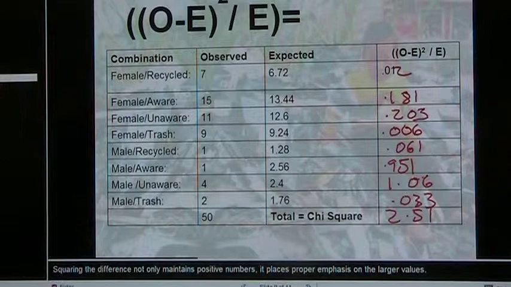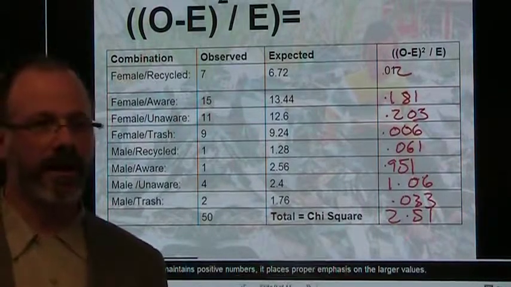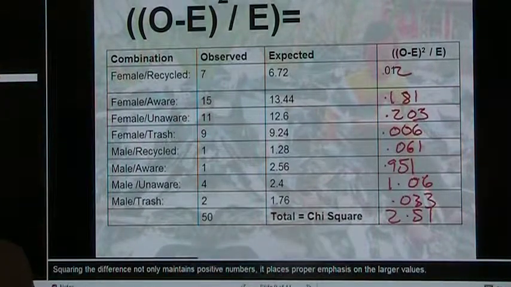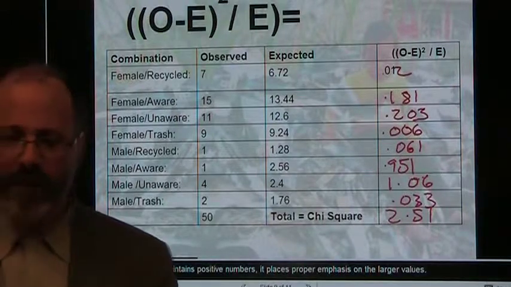Okay, so the chi-square number that we've calculated is 2.51. Believe it or not,